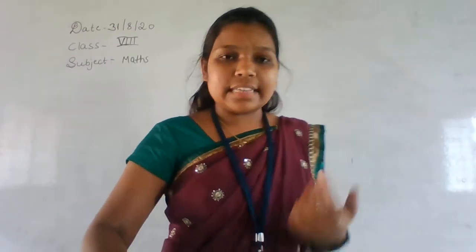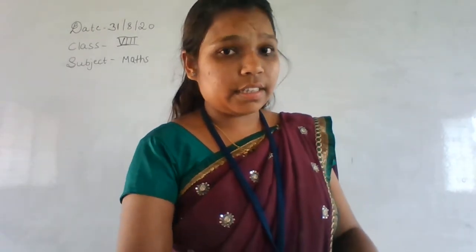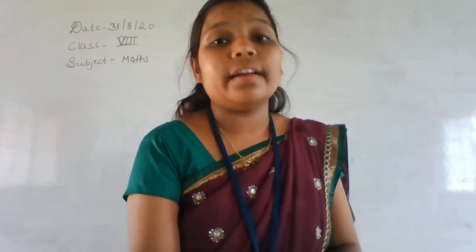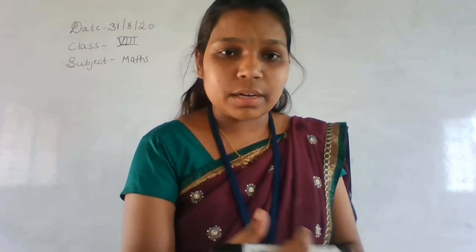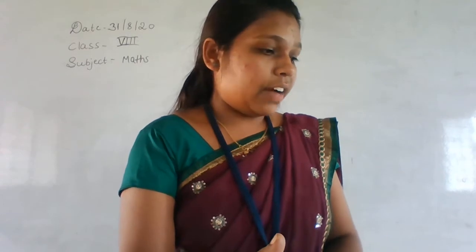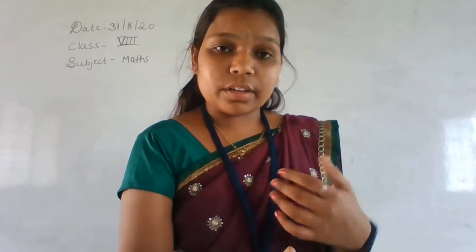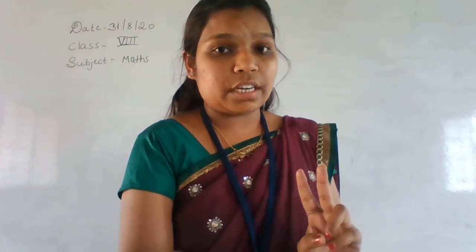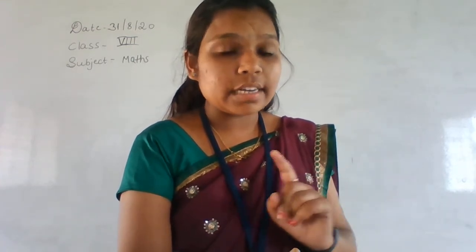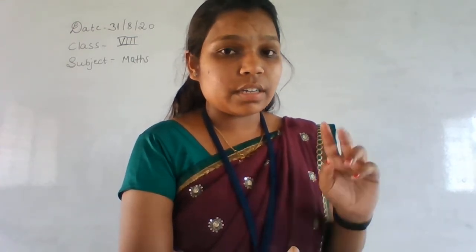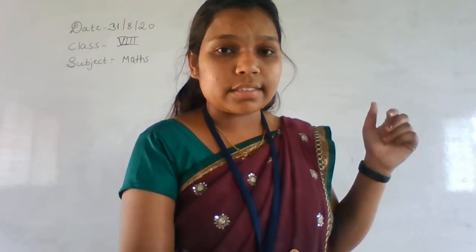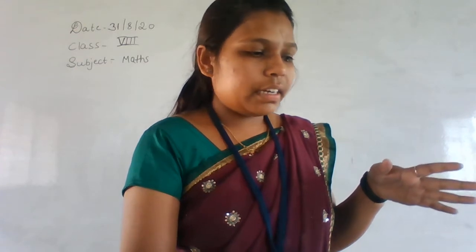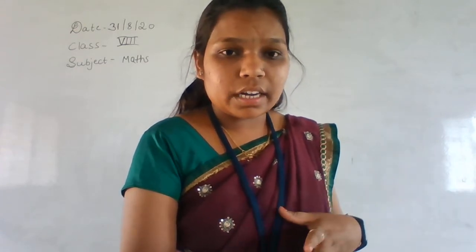Okay. So in last class, what did we study? We studied the representation of rational numbers on the number line. How to represent a rational number on the number line we studied, and after that, how to find a rational number between two given rational numbers. I also gave some homework, right? How to find the rational number between some numbers. I gave 5 or 6 homework problems. I don't remember exactly, but I hope everyone has done your homework.